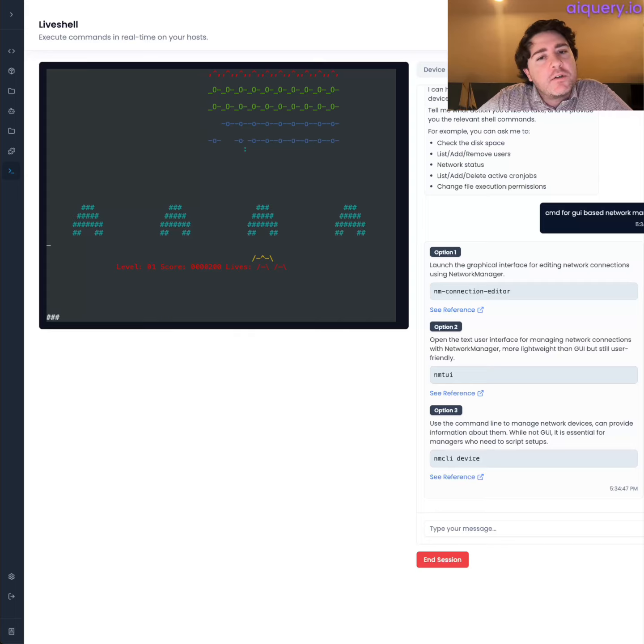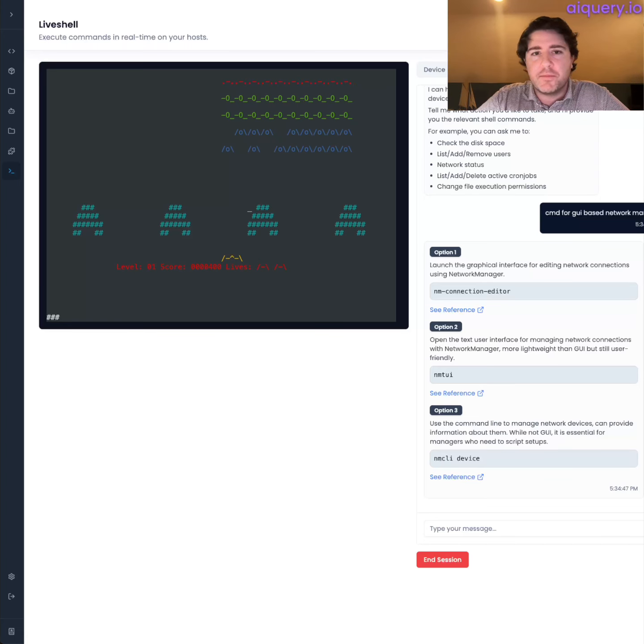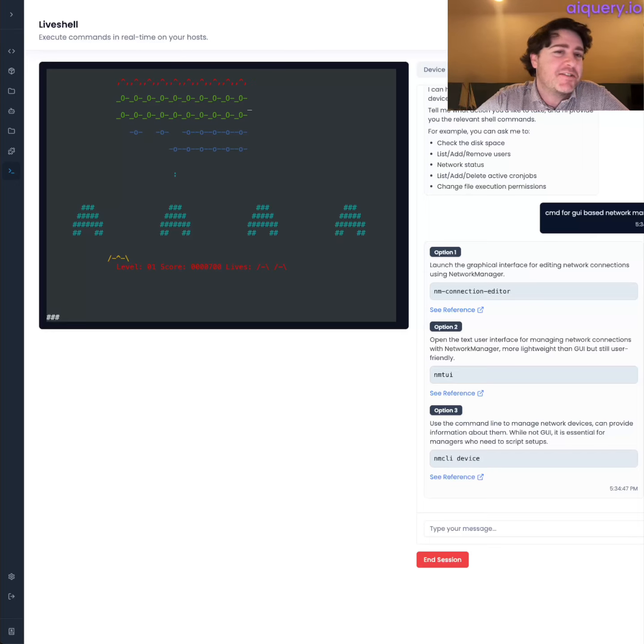Is this the most practical from a security standpoint? One could reasonably argue no. But kind of my thought process is, hey, I'm not a practitioner. I don't know the day to day all that well. I'm just trying to make a tool that is helpful. And so the thought process here was let's take an extreme wild use case and then you can juxtapose it across the day to day use cases of how this could be useful in an actual practical security sense. And in the meantime, I'm gonna play Space Invaders remotely via command line because Space Invaders is awesome